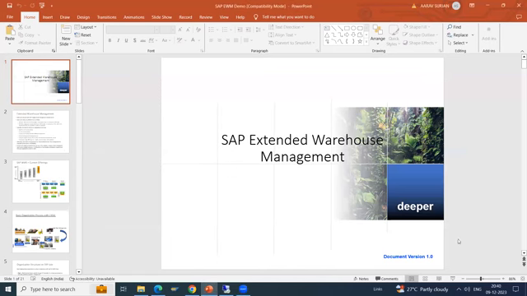So in the demo, we will go through a short PPT where I will explain the EWM concept at a high level. Then we will go through the course content, and I will explain the relevance of each and every topic in warehousing. Then we will have a short test in the system. At any point of time, in case you have any questions, feel free to ask. Let me know if you are able to see my screen.